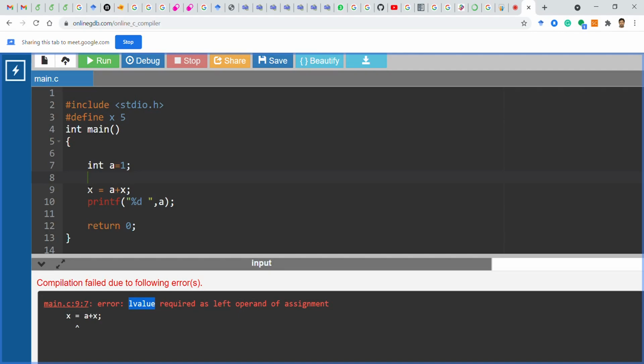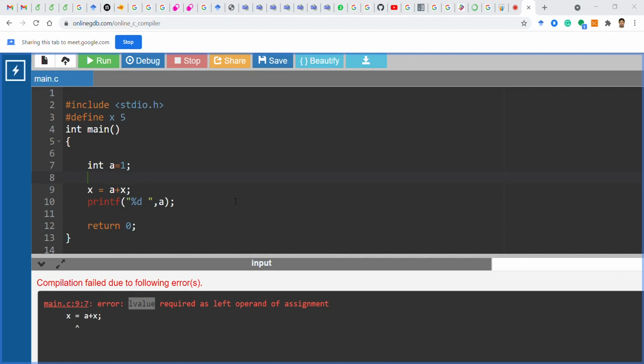A plus 5 is possible. A is an integer and 5 is also an integer. But the result cannot be stored in 5. 5 cannot be a valid memory allocation, or you can say variable. And that is why you are getting this error, L value required.